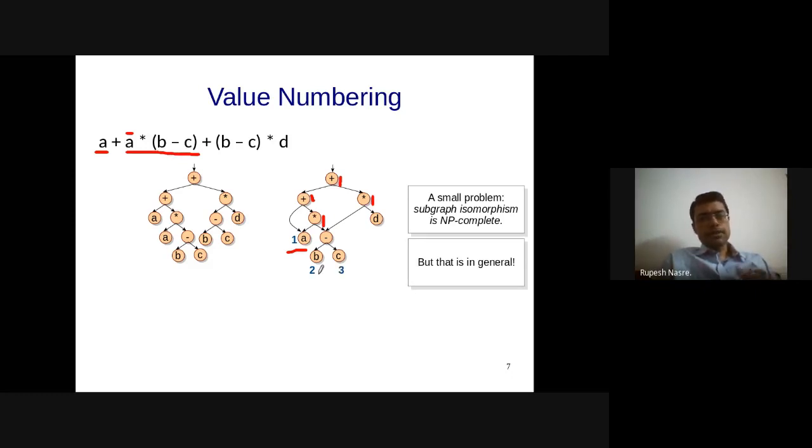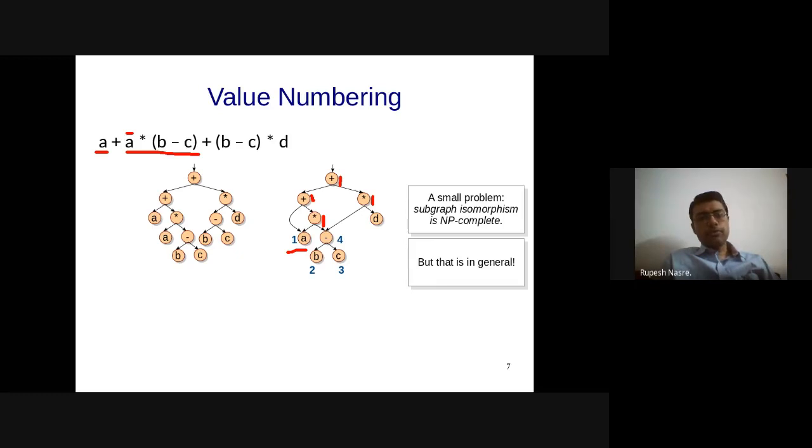And after this, in a postfix kind of traversal, minus gets the value 4, and that shows you that this particular expression B minus C gets a value number of 4, right? So the expression gets a number, which is of course associated with the root of that subtree, and therefore using that number you will be able to talk about that sub-expression.